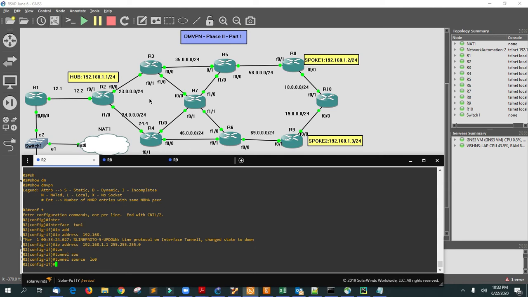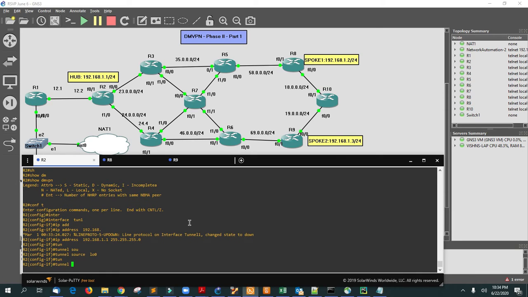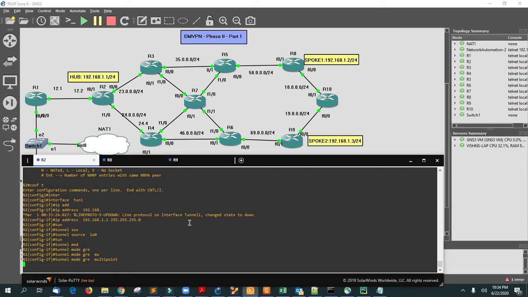The IP information I have given in my phase 1 video of DMVPN. A tunnel destination we are not going to give, because it is not GRE, it's DMVPN. So tunnel mode gre multipoint is what I will use instead of a tunnel destination. After which I should see my tunnel interface come up.